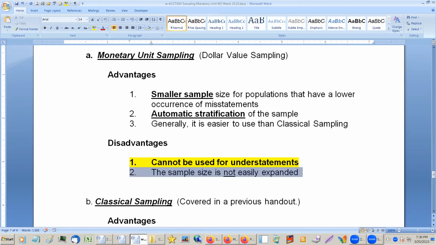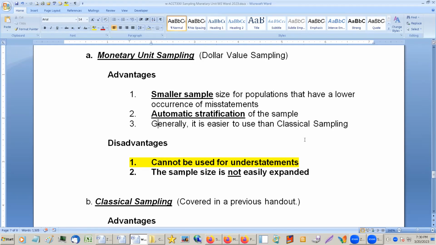And also we have here, the sample size is not easily expanded. A lot of times when you're doing a sample, if you do come up that there's a problem, you want to be more sure. So let's say that you're auditing at the 90% level, and you come up that something is misstated. Well, before you go crying wolf to the client saying that their books are misstated, you may want to expand the samples. Okay, instead of going at 90%, let's go at 95% or 99%, and you expand the sample and see if you come up with the same results.